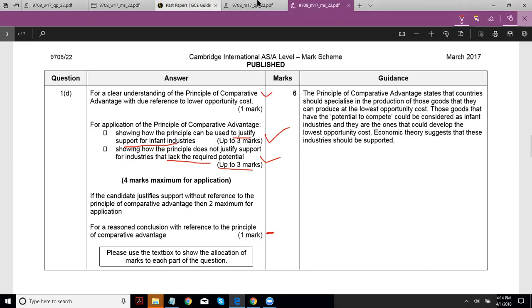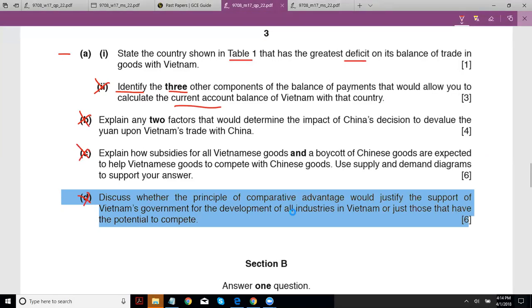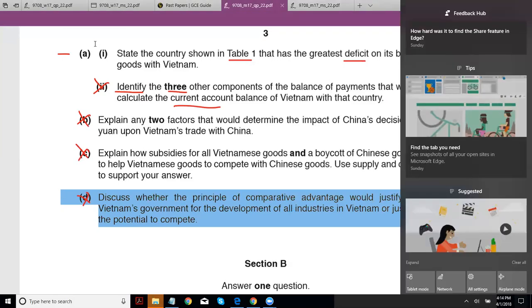Okay, thank you. Okay, so we're good for this case study, which took a long time, in fact, but